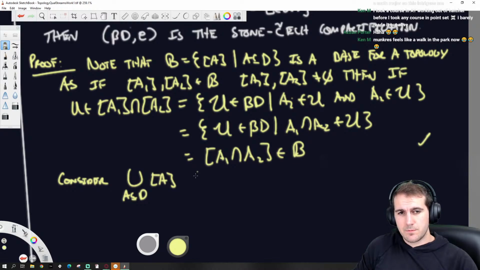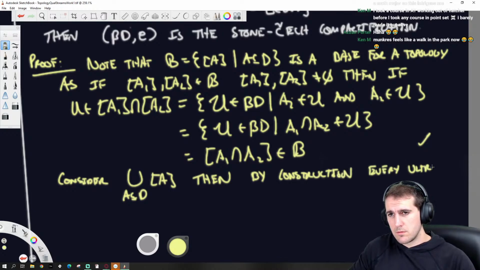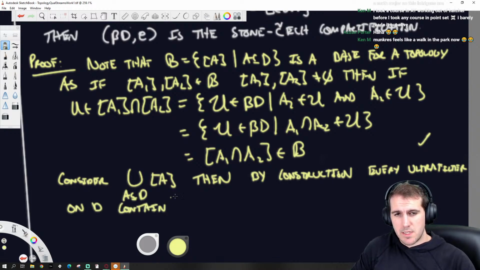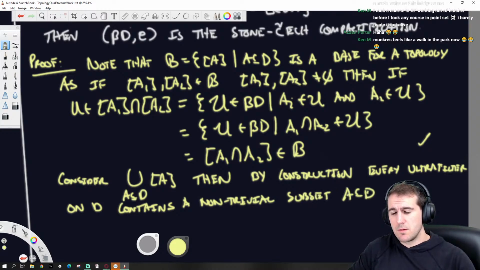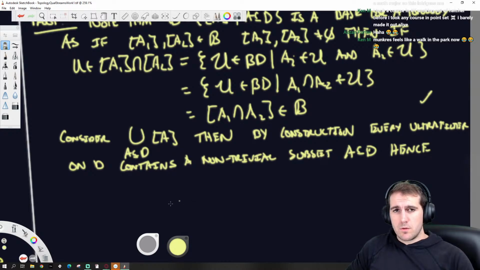Well, then by construction, every ultrafilter on D contains a non-trivial subset A of D, hence it will be in one of those things.